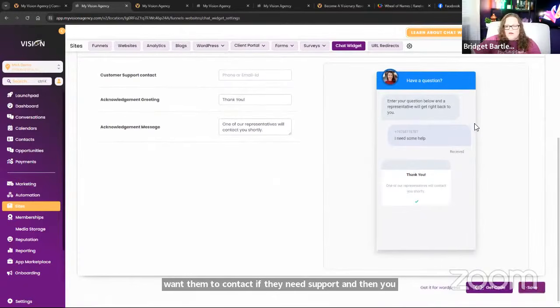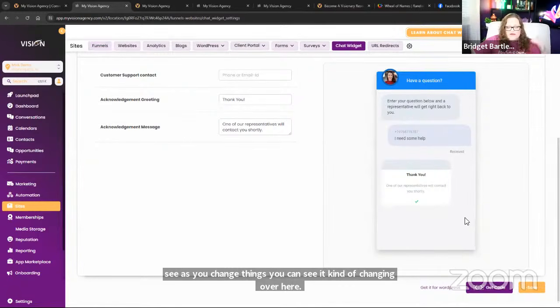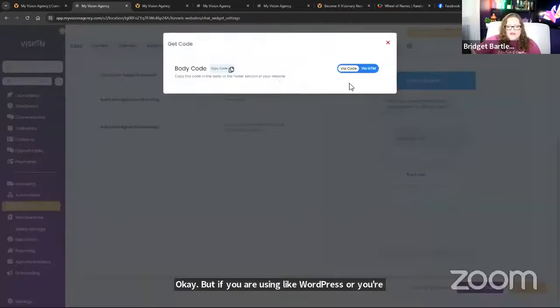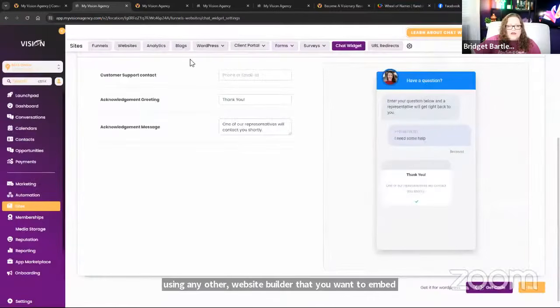Now, when you're done with this, you want to save. As you change things, you can see it changing over here. You can toggle on, like I showed you in the funnels and the settings, and it will add this chat widget to every single website or funnel that you toggle that on in, okay? But if you are using WordPress, or any other website builder that you want to embed this in, you can just click here to get the code and copy that and then put it in the